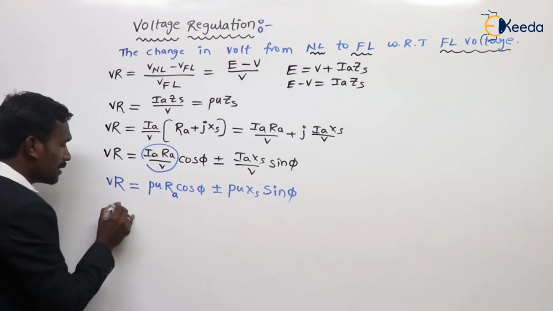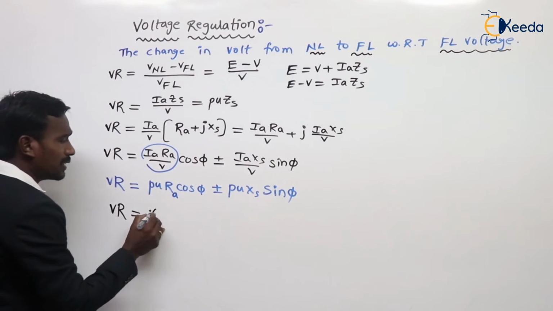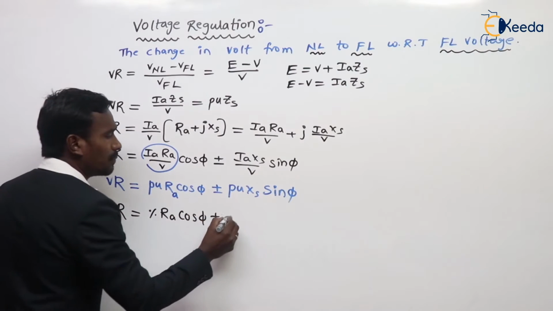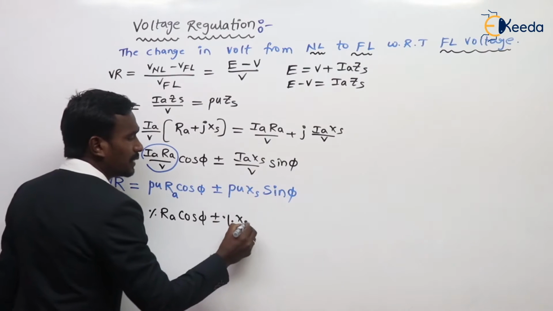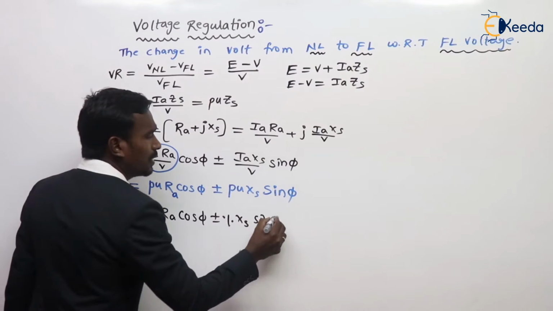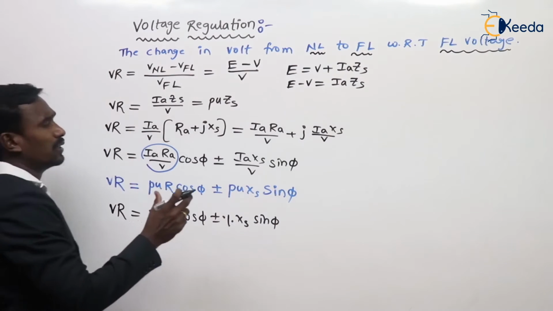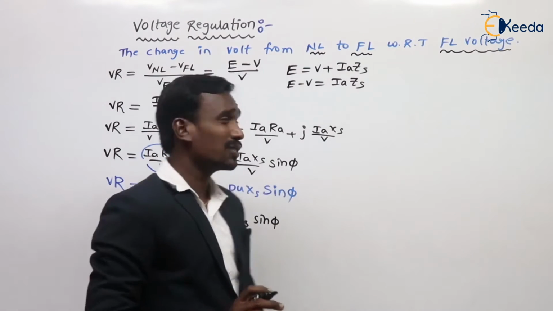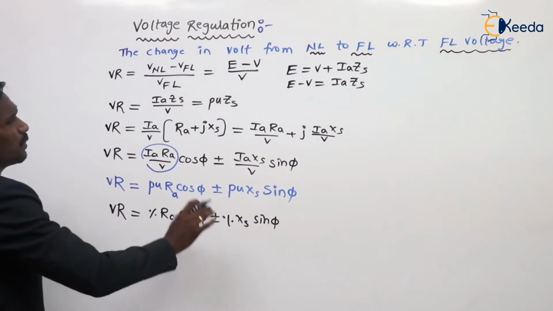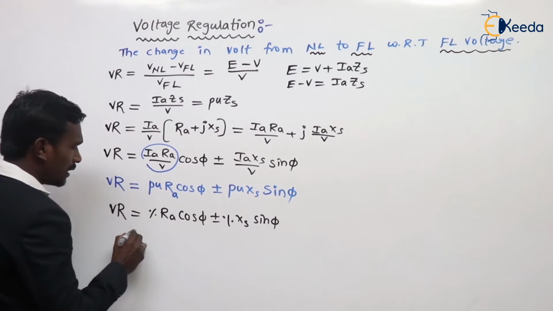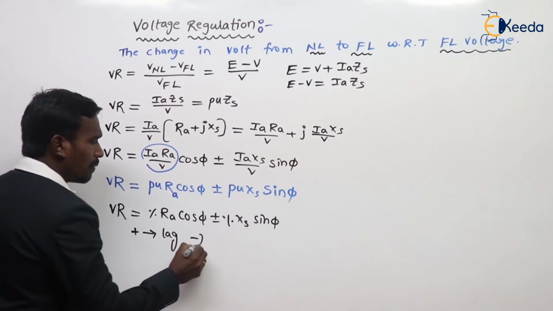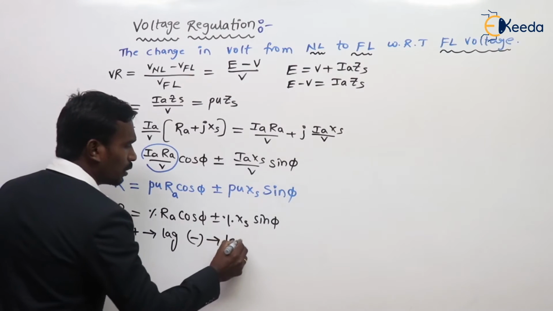Or this is also written as percentage R cos phi plus or minus percentage X sin phi. This is also the voltage regulation formula, which is very important. Here the plus is for the lagging load and minus for the leading load,